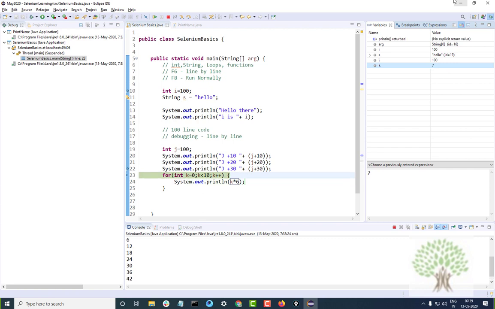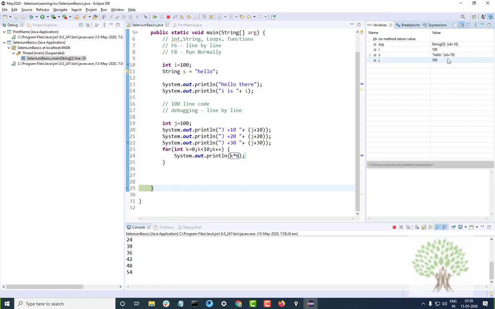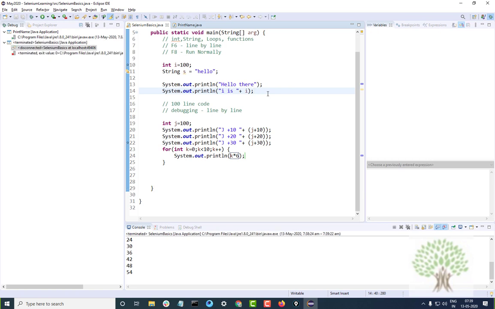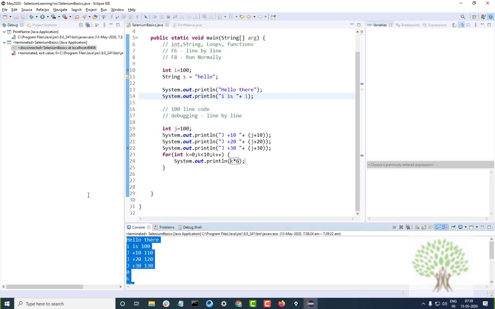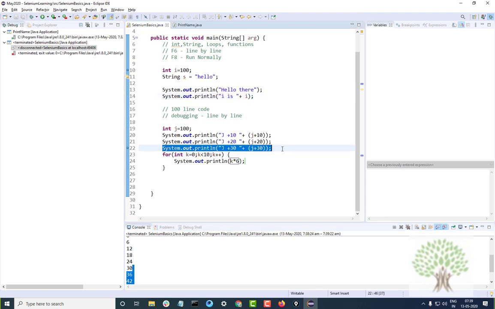So the real values of the variables you can check from the right panel, or you can move the mouse over the variables and check their values. You hit F8, it will run normally. So this is how you debug your programs.